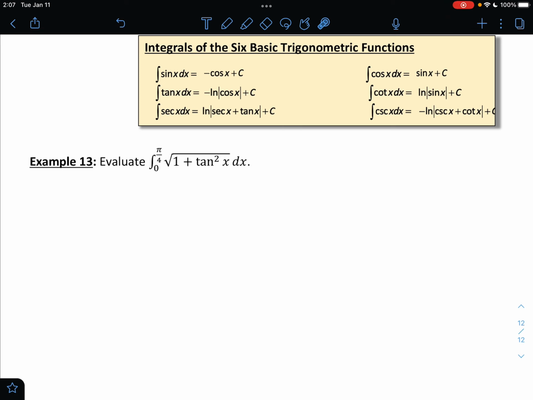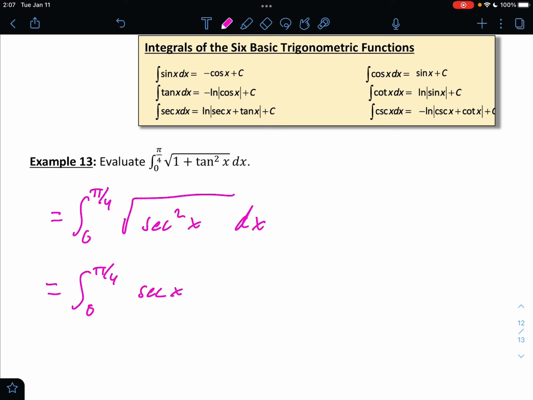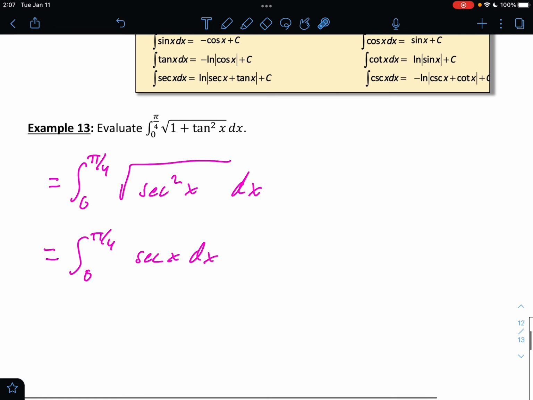Evaluate this integral. So 1 plus tangent squared, you should remember that from your pre-calculus days. 1 plus tangent squared is secant squared. There's a Pythagorean identity that proves that. The square root of secant squared, well, that's just secant. And if we have memorized the antiderivative of secant, we can jump right to the antiderivative, which is natural log of the absolute value of secant x plus tangent x